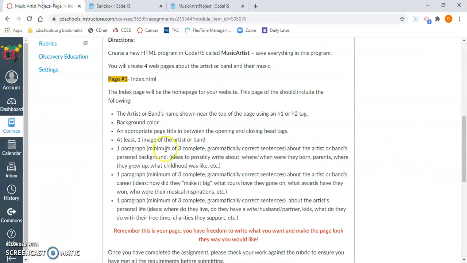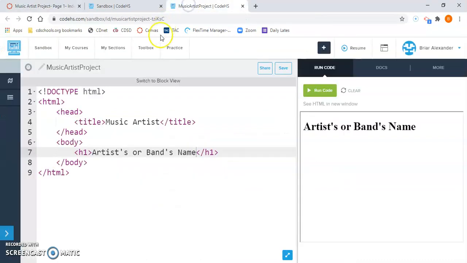Okay, let's go back to our directions. The next bullet point, we want to add background color to the page. So let's go back to Code.hs, and to add color to a page, we always go in and click after the Y in the word body in our opening body tag. So we're to the right of the Y and to the left of the greater than sign. Then we're going to hit the space bar one time and type the word style equals, quotation mark, background dash color, colon,